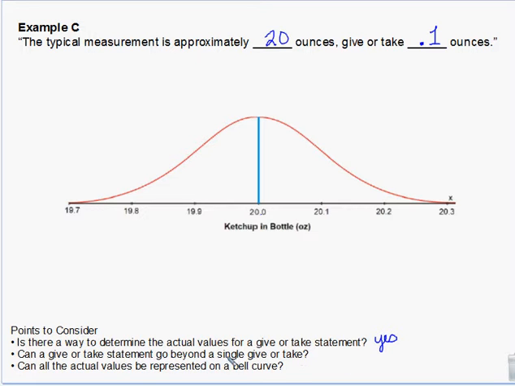Can a give or take statement go beyond a single give or take, do you think? Okay, we've got an opinion of no, and we will talk about this some more later. And then, can all of the actual values be represented on a bell curve, do you think? Probably not,